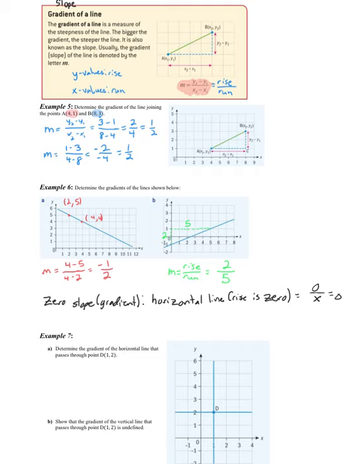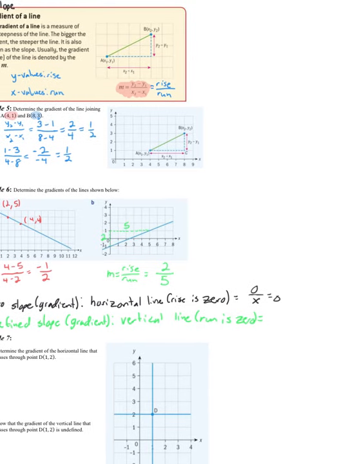And then the other thing that could happen is we could have an undefined slope or gradient. And an undefined slope or gradient would be a vertical line. And that's when the run is 0. And we can tell algebraically because we might get something that's y over 0. Anything divided by 0